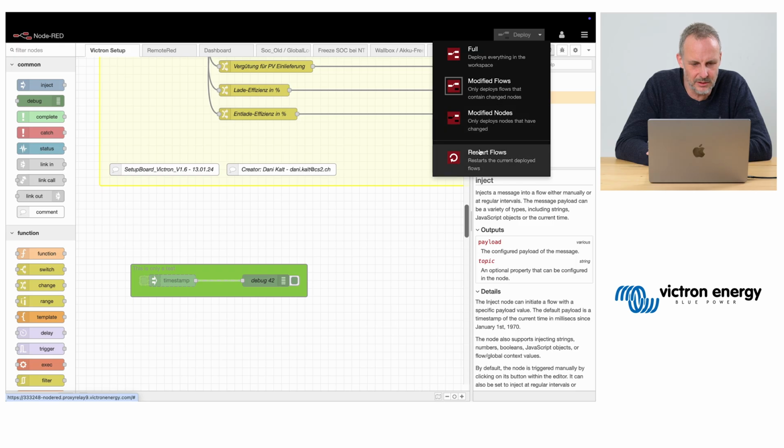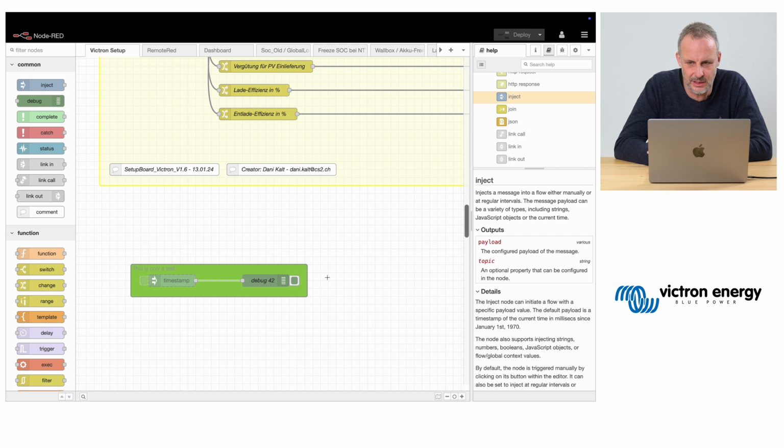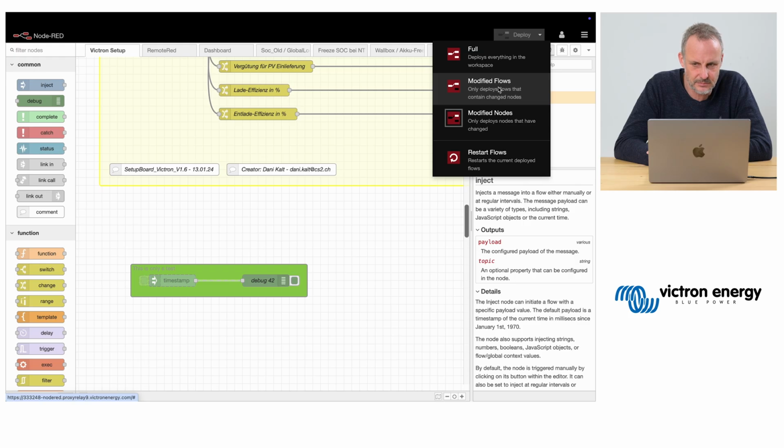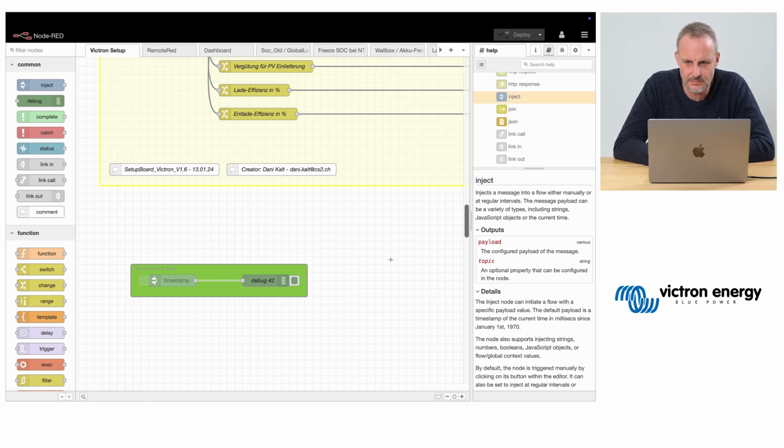And if you only modify a part of the node, which I now did, you can also say, well, I only want to restart and deploy the nodes that have changed, which usually makes deploying go a bit faster. By default, I believe it's only doing the modified flows, but you can also do the full deployment.